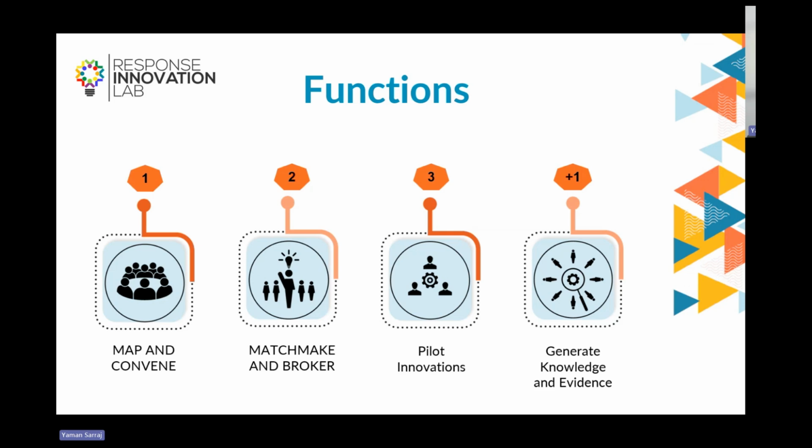And then we do more pilot innovations. We pilot based on the work that we are doing with the challenge mapping exercises. We identify root challenges that we work on together with all the organizations or key actors that we are inviting into these challenges or convening events, and we try to develop either ideas or some innovative solutions to do the matchmaking and brokering. So you could see that it's more of a linear function, but at the same time, it has a lot of going back and forth.